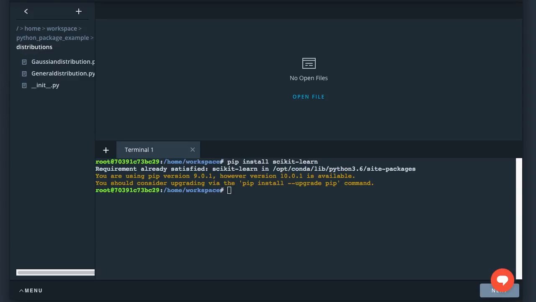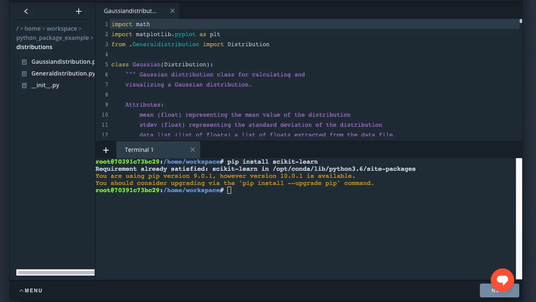Double-clicking, this folder contains the Gaussian and general distribution classes that you've already been working with. The difference is that this folder is now officially a Python package because the folder contains an init file. A package needs an init file. There's nothing new or different about the Gaussian and general distribution files except for one line. Opening Gaussian distributions.py, you can see the third line where I import the distribution class from the general distribution.py file. There's a dot in front of general distribution. This dot is required in Python 3, but if you're working in Python 2, you shouldn't need it.